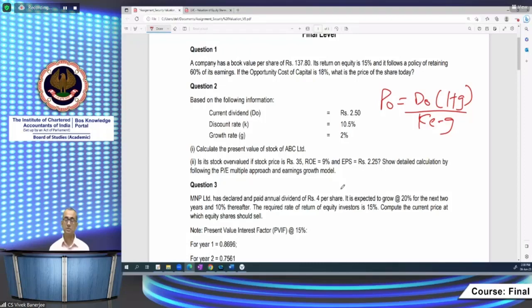सेकंड सिचुएशन में हमें प्रेजेंट वैल्यू निकालना है प्राइस अर्निंग मल्टीपल अप्रोच से और अर्निंग ग्रोथ मॉडल से। प्राइस अर्निंग मल्टीपल अप्रोच में सिंपल फॉर्मूला ये है कि P0 इज इक्वल टू अर्निंग पर शेयर इनटू प्राइस अर्निंग मल्टीपल। प्राइस अर्निंग मल्टीपल इसमें नहीं दिया हुआ है, और हम सीधे नहीं निकाल सकते, क्योंकि सिंपल फॉर्मूला प्राइस अर्निंग मल्टीपल का होता है मार्केट प्राइस पर शेयर अपॉन अर्निंग पर शेयर।